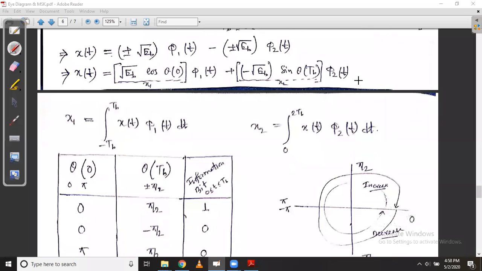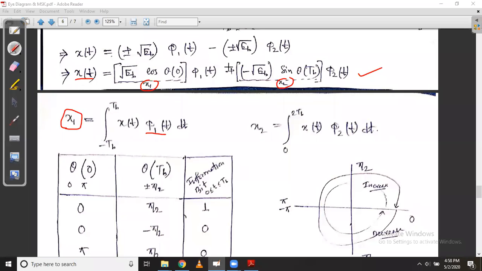So this much we got till now, and now suppose we have to get back x1(t) or x2(t). What is the process? Just multiply the main signal x(t) by the first basis function to get the first part, and integrate over this. The integration over time should be in the limit minus Tb to Tb. These are important for the calculation purpose. Okay, these expressions are.